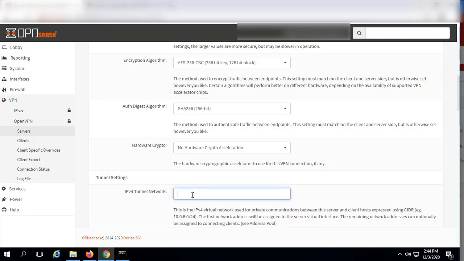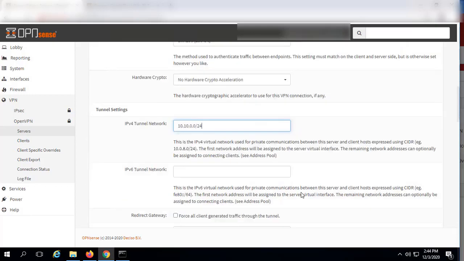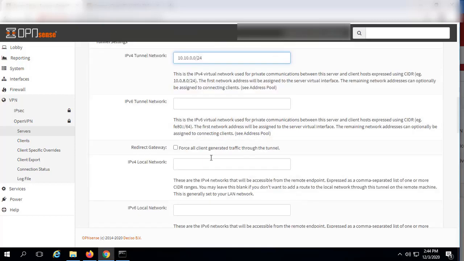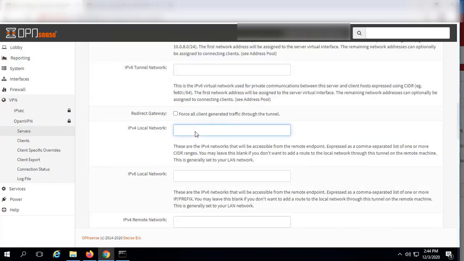And in the IPv4 tunnel network, just give a tunnel network here. So this is the network which will be used by the OpenVPN clients. So for my setup, I selected 10.10.0.0/24, and then this is the local network. So basically the local LAN network. In my case, this is 192.168.1.0/24, and